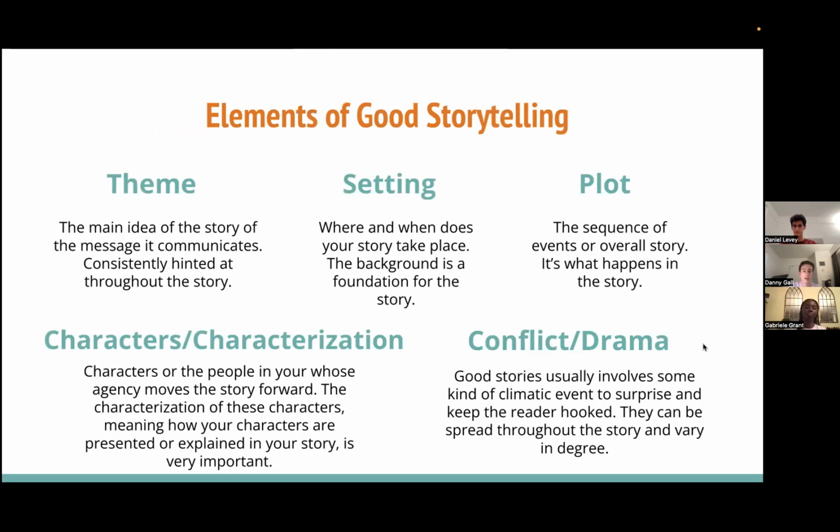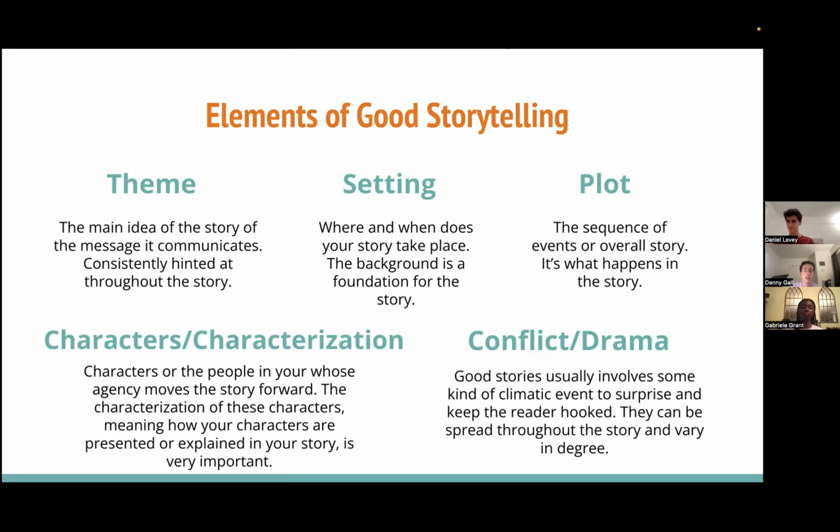There are many elements that are a part of storytelling, but here are a few. The first element is the theme. What is the main idea of your story, and what message are you trying to convey? Not every story has to have one if you don't want to take it too seriously, but stories are always an excellent way to make a point and communicate a message you hope to spread.